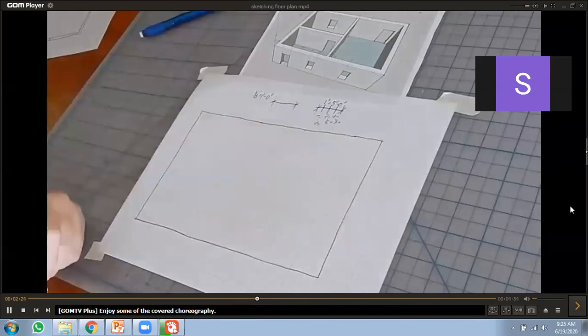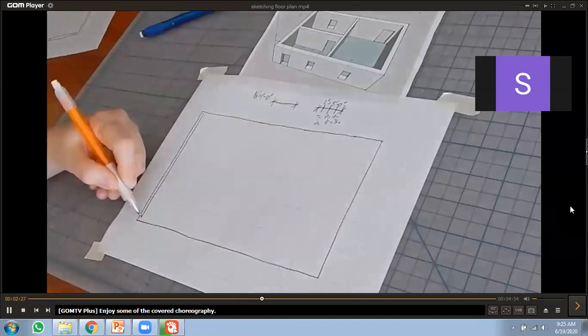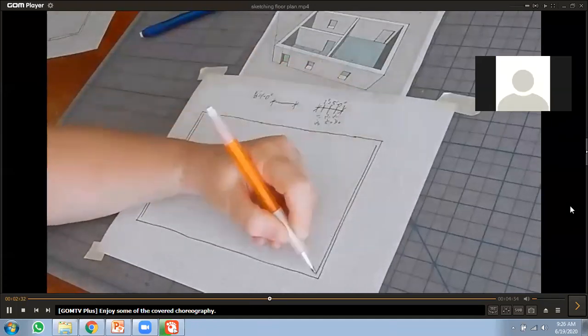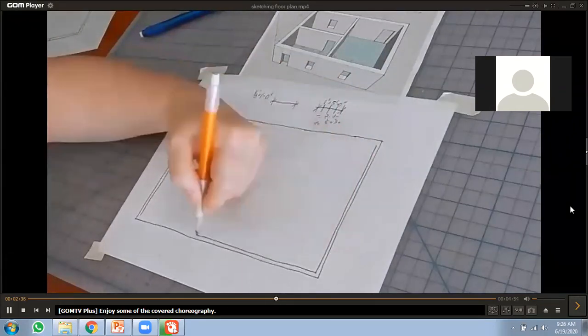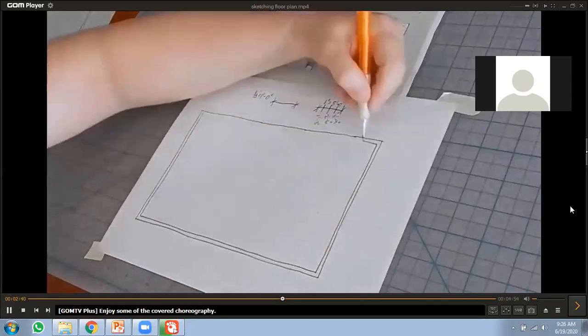At this point, I like to add wall thickness. All walls have a thickness, and it is a bad practice to draw them as single lines because that can mess you up when you add detail to it later.